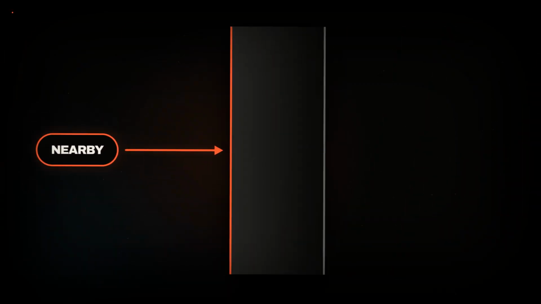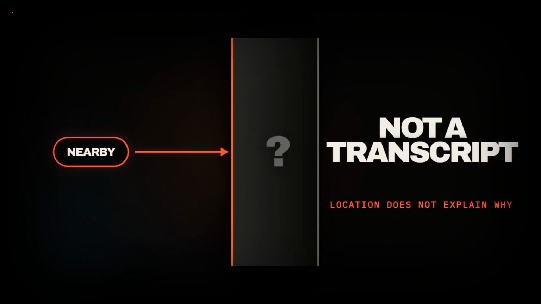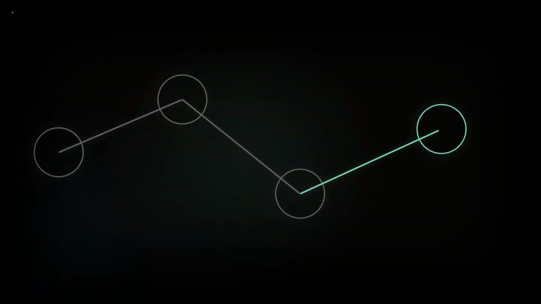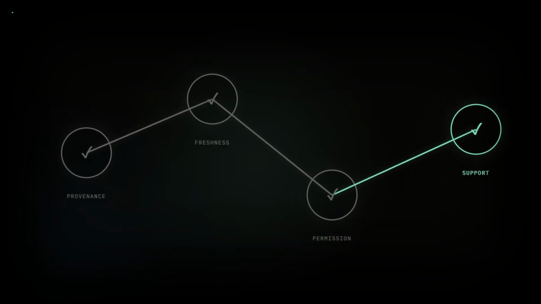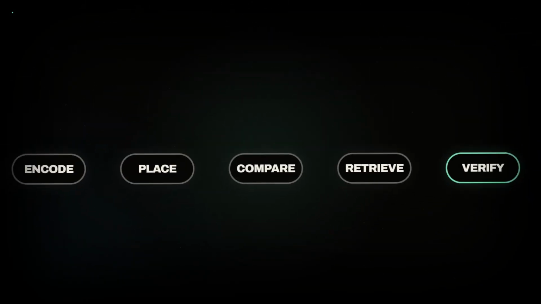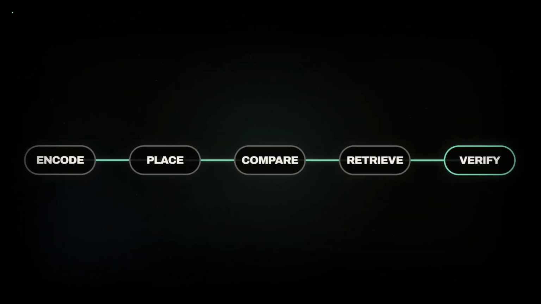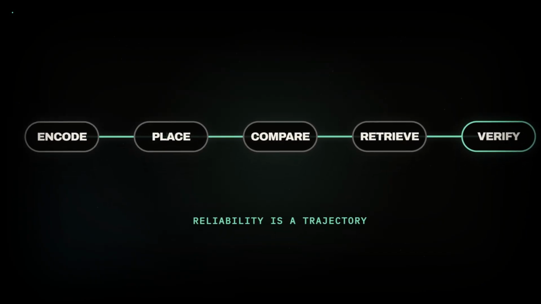An embedding is a representation, not a transcript of the model's reasoning. A nearby point tells us about learned similarity, not why a conclusion is correct. Use embeddings to propose neighbors, then verify provenance, freshness, permissions, and factual support before trusting what those neighbors contain. The reliable workflow is encode the item, place it in a compatible space, compare it, retrieve candidates, and verify the